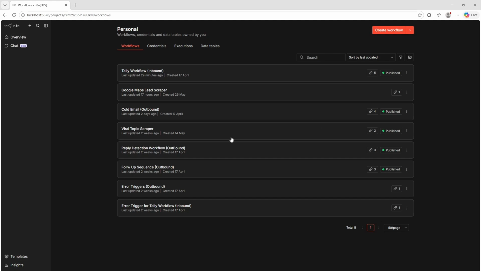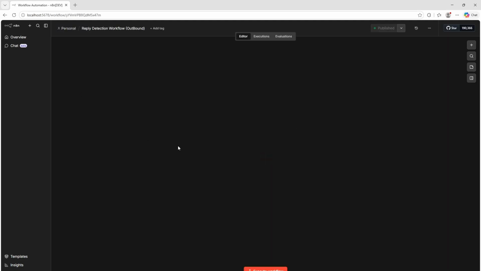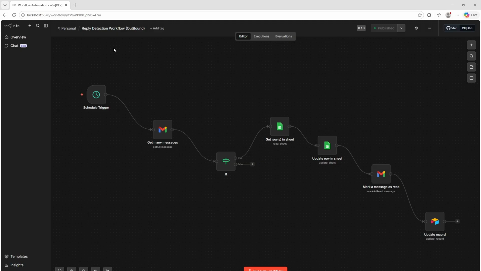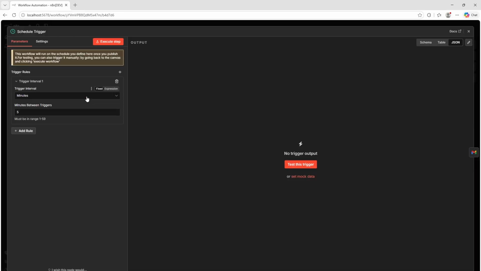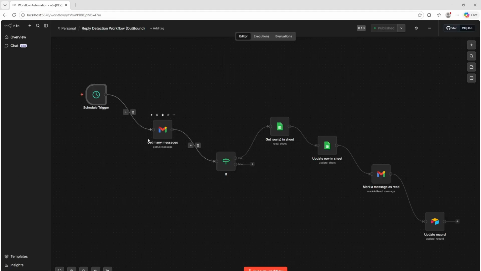But the last thing of outbound is reply detection. So this says it in the name. It just really detects if someone replies to the email. It runs every 5 minutes, and it reads your inbox and goes to an if node. So if it's true that someone has replied to one of the emails you have sent them,